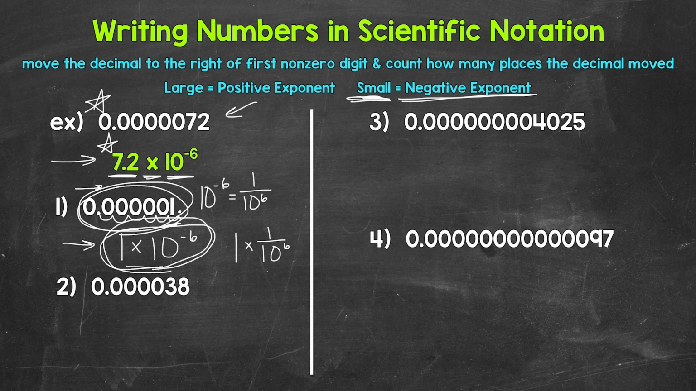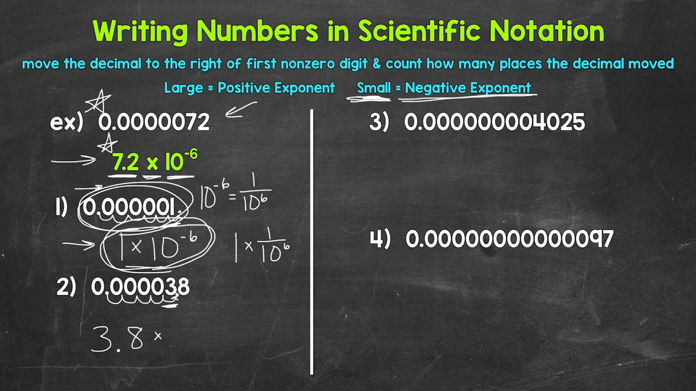So looking from left to right, this 3 is the first non-zero digit. So we need to move the decimal to the right of that. So we need to move it once, twice, 3 times, 4 times, 5 times. So the decimal goes right here. So all we need to do now is write